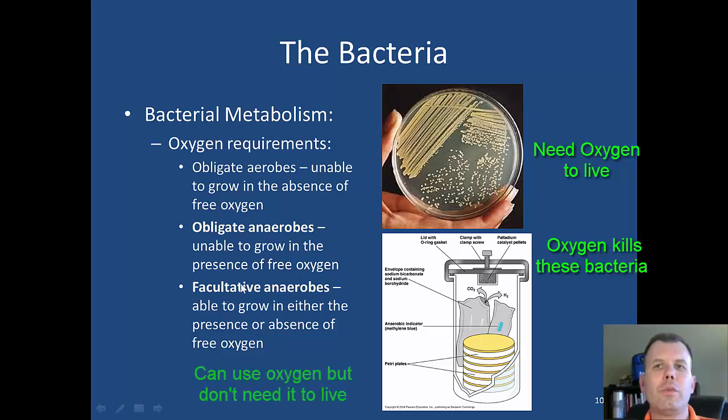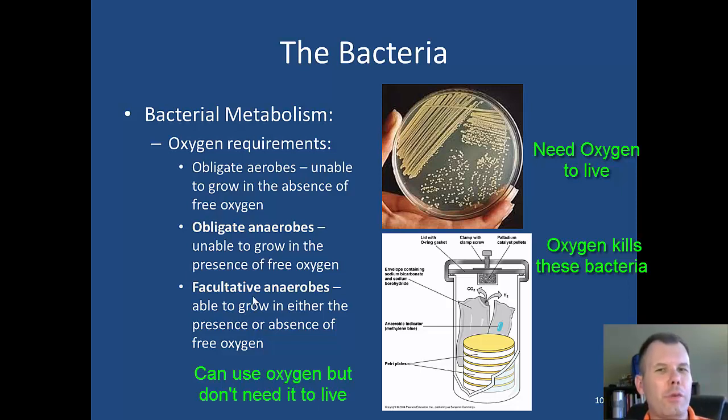And then the last group of bacteria are those that can utilize oxygen and those that don't. One of the perfect examples of those is E. coli. E. coli grows really well on a plate with oxygen and can grow really well in your gut without oxygen. And so these guys can go back and forth from either one of those environments. We call these facultative anaerobes because they can grow with oxygen or without. They do just fine with or without, and they have machinery in their cells that can handle oxygen, and when there is no oxygen, they can make ATP another whole way. And so these guys can survive either way and do it very well.